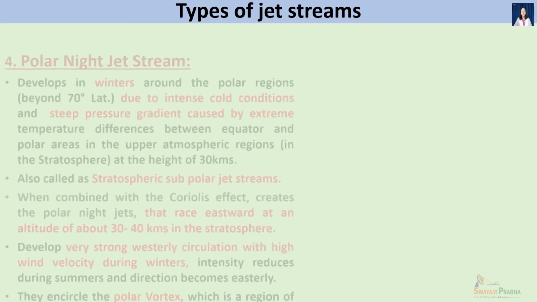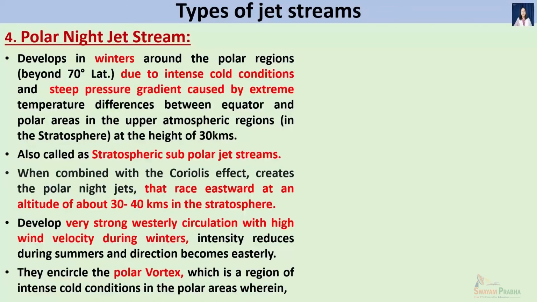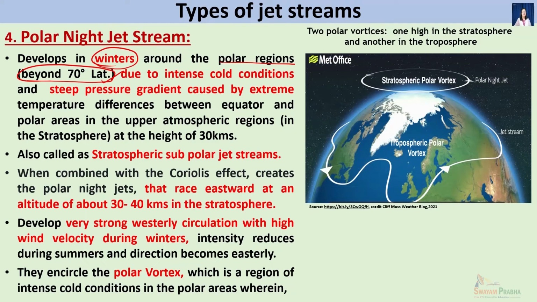Another type of jet stream is the polar night jet stream, and these jet streams prominently develop during the winter season around the polar regions, extending beyond 70-degree latitudes in both hemispheres. And as we know, the polar areas during the winter time period do not receive direct sunlight, because of which the temperature drops tremendously in these regions and intense cold conditions prevail, due to which a steep pressure gradient exists